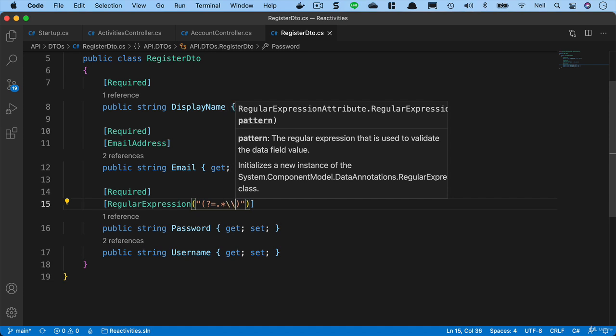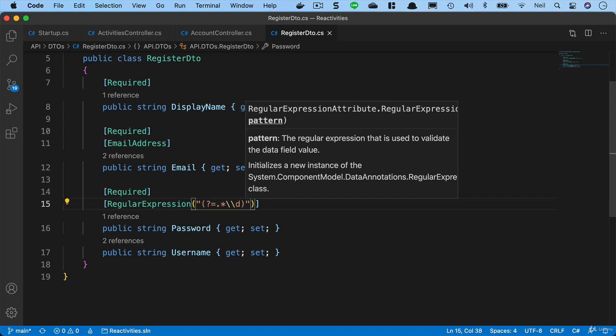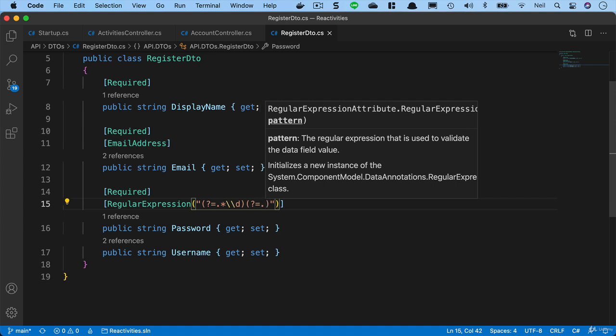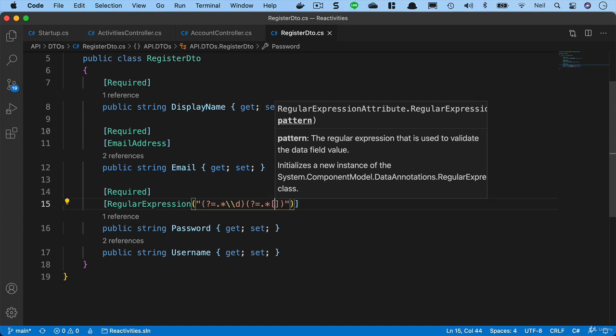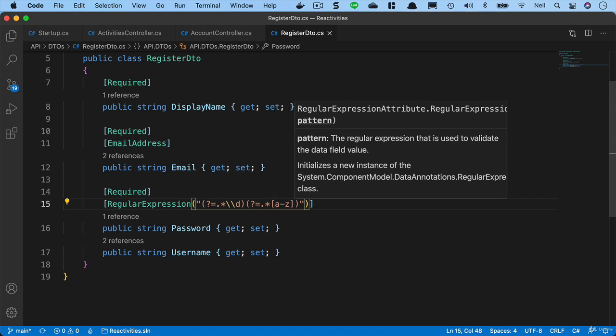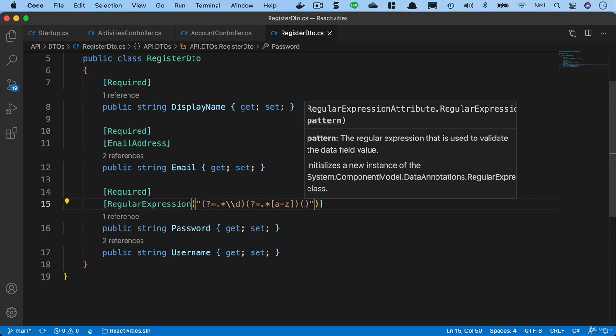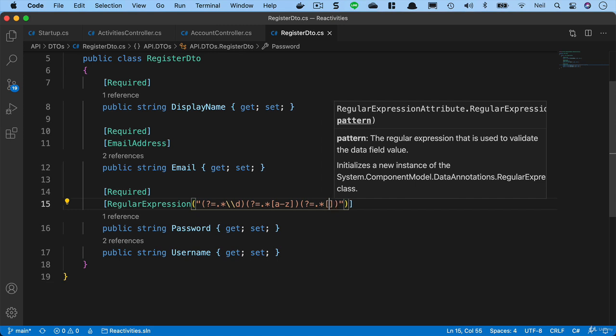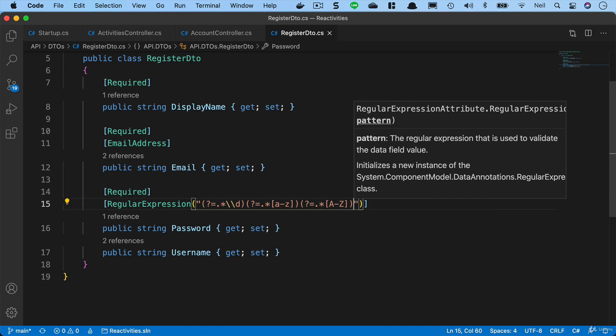And then we want to specify that one of them needs to be a number, and we can do that by saying \\d. The next one we'll say question mark equals, period, asterisk, and then we can open up square brackets and say lowercase a to lowercase z, and this will mean that at least one of our characters needs to be in lowercase, and then we'll open up parentheses again, and we'll say question mark equals, period, asterisk, and then in square brackets we can say uppercase A dash Z, and that means at least one of our characters